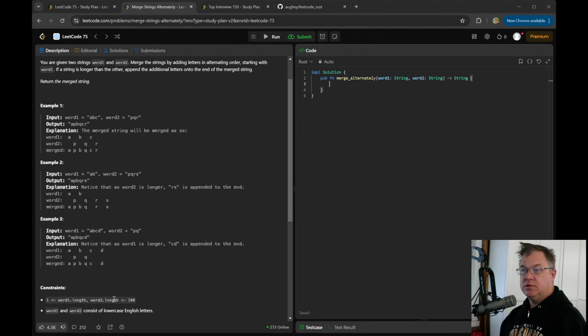Okay, so actually I want to change this. Let words equal move bang words.next.unwrap borrow mut. Good. Words.